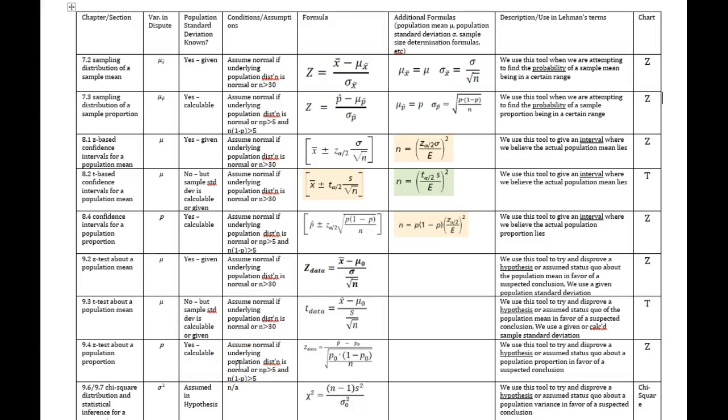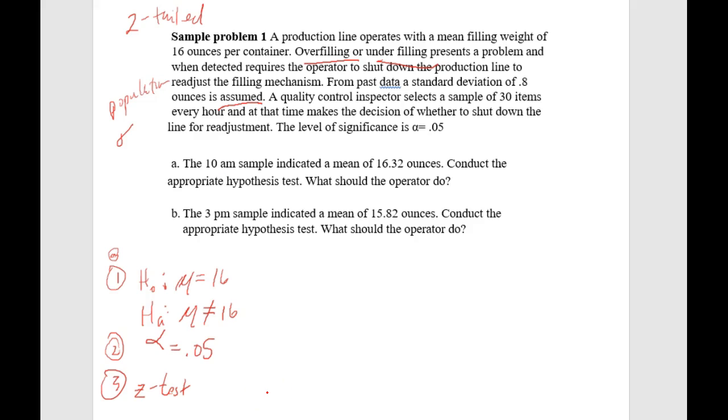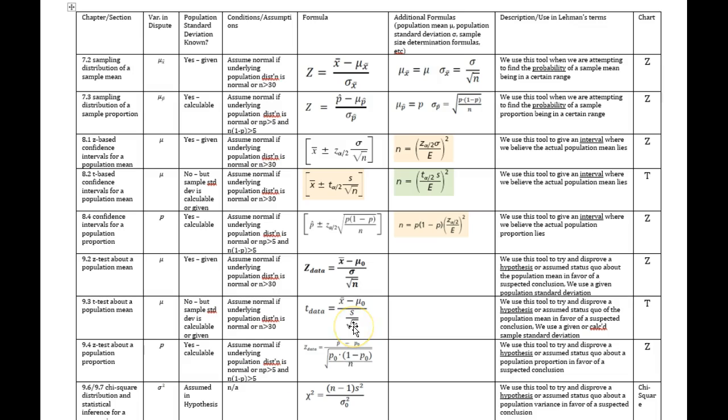And that is z is equal to x bar minus mu sub naught over sigma divided by the square root of n. And so number 4,